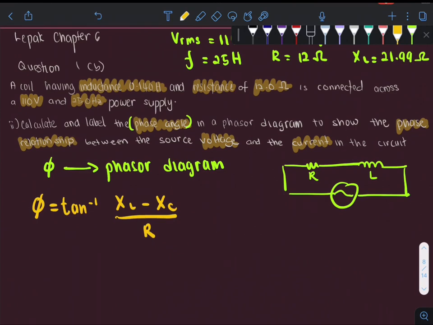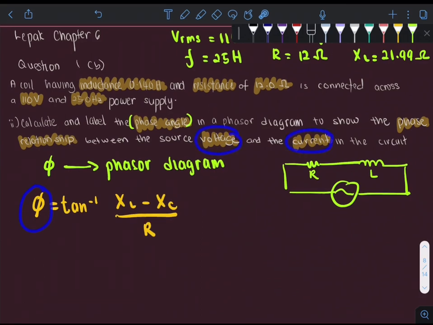Alright, so before we substitute all the information here to find our phi, we must first understand, when you have a combination of circuit where you have more than two components, what is going to happen is that we will have to find the phi here for the source voltage and also current,